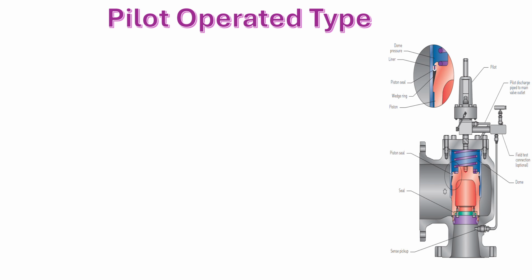So this type of safety valve uses the fluid medium itself through the pilot valve to apply the closing force on the safety valve disc which is located here. The pilot valve itself acts like a small safety valve,